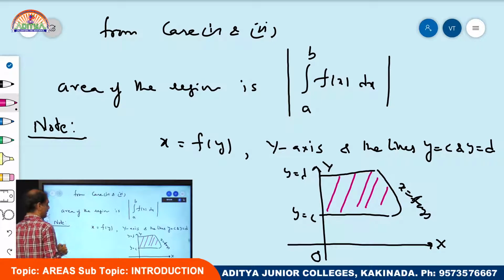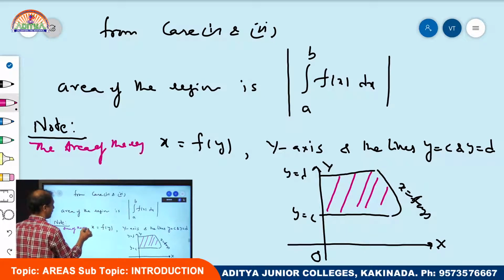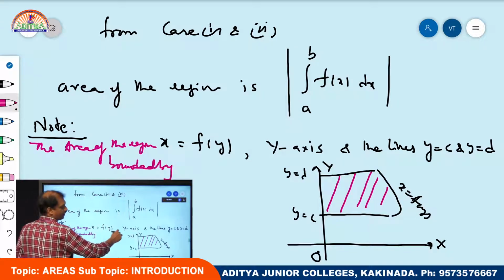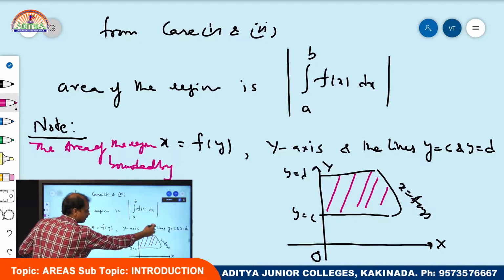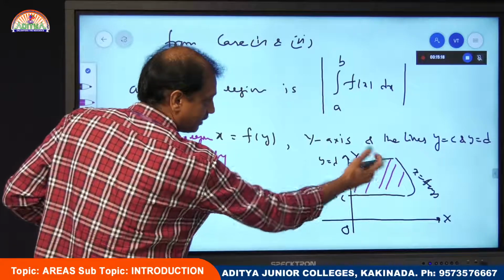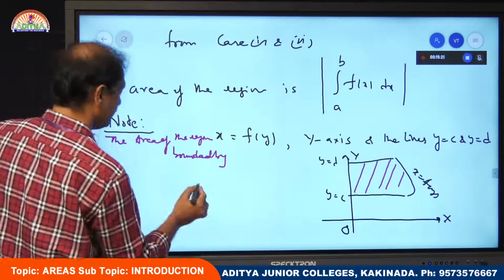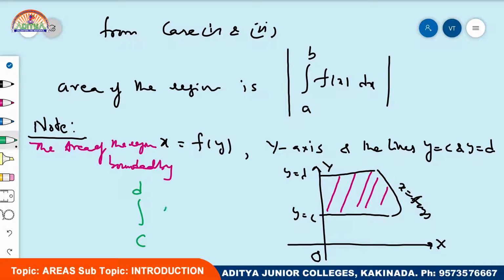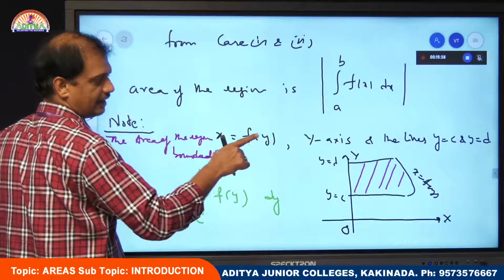Okay. Now what is the area? See, here I have to write the area of the region bounded by x equal to f of y, the y-axis, and the lines y equal to c and y equal to d. Since here f of y is greater than or equal to 0, you can write that one as integral c to d, because along the y-axis you are doing integration from c to d, here you have to write dy. Now what is the curve? x equal to f of y, therefore integral c to d f of y dy. Now this is the area of the region.